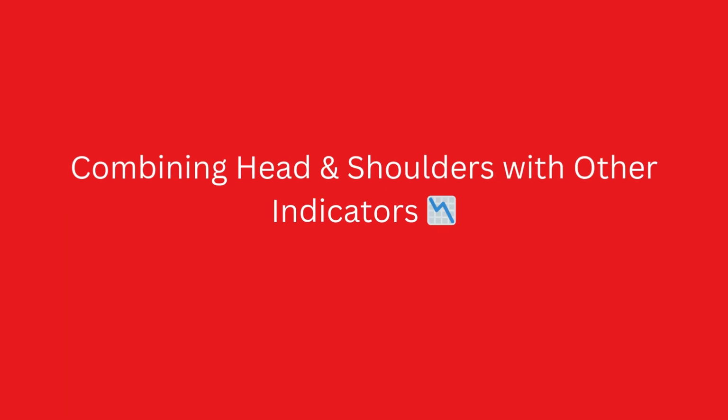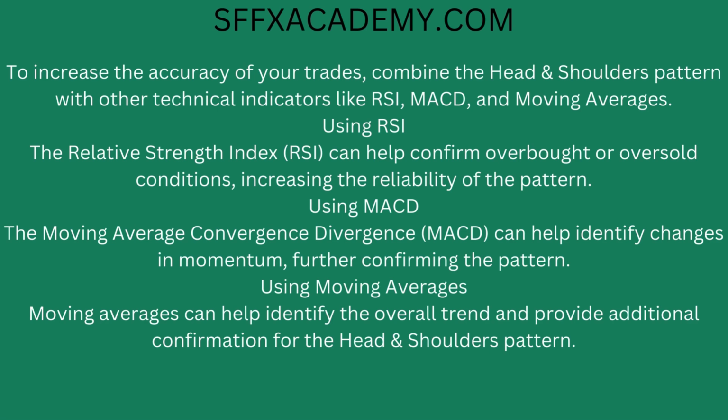Combining head and shoulders with other indicators. To increase the accuracy of your trades, combine the head and shoulders pattern with other technical indicators like RSI, MACD, and moving averages. Using RSI, the Relative Strength Index, can help confirm overbought or oversold conditions, increasing the reliability